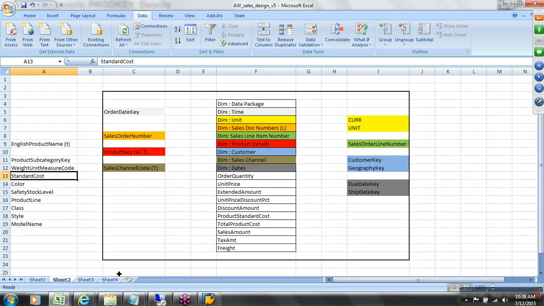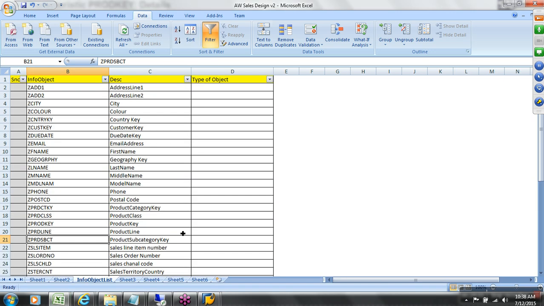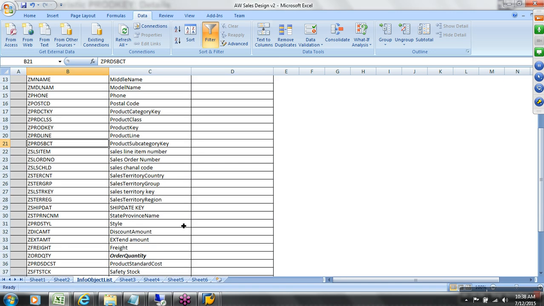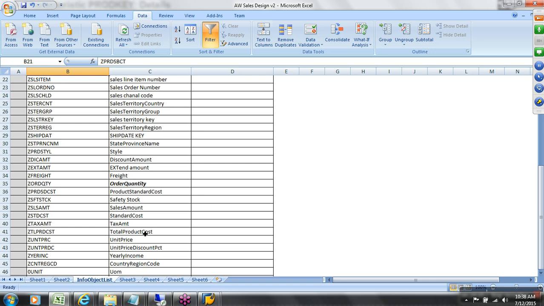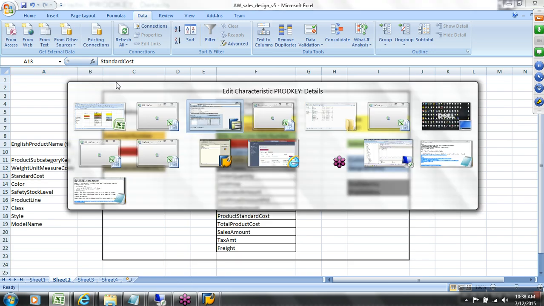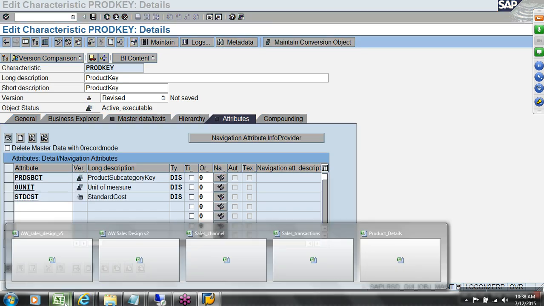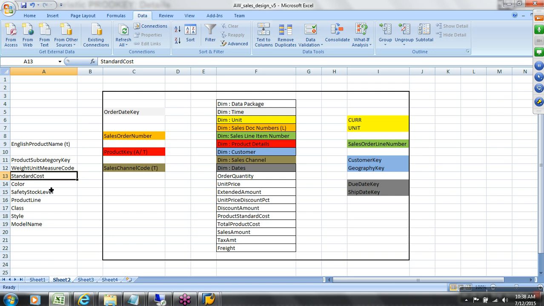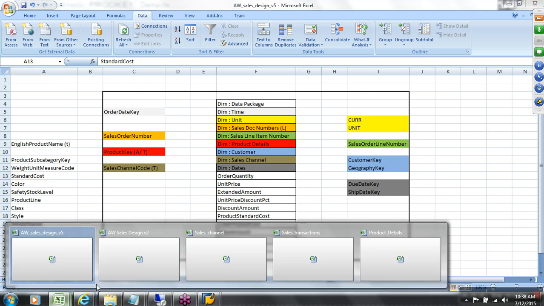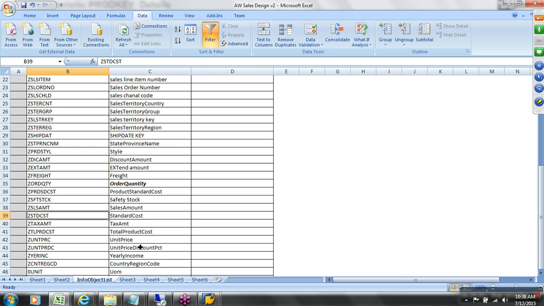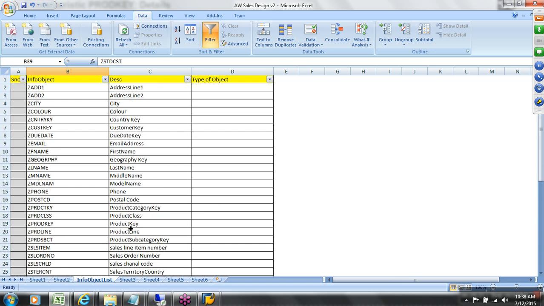Next is what? Standard cost. For standard cost, STD CST. Okay, next, color class. Color I've got